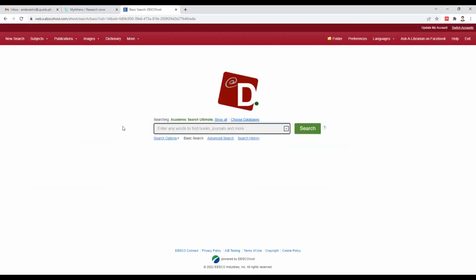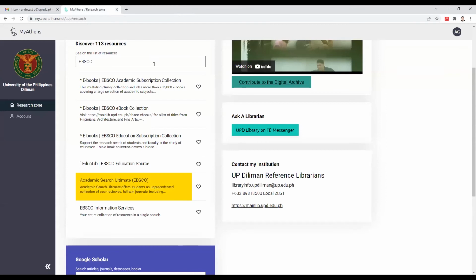All right, so again, the interfaces may change, but the functions, the basic search, the advanced search will be there for all of our online subscriptions. Okay, so if I'm going to go through them one by one, it would take us a very long time. So that's why I showed you EBSCO for this particular demonstration. But another resource that I want to show you